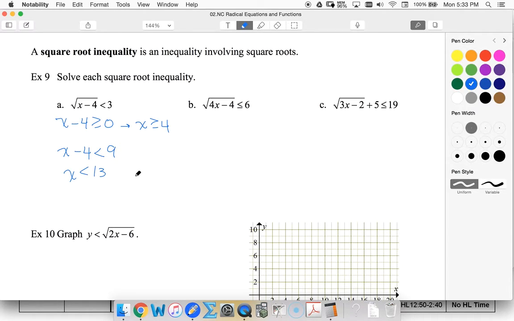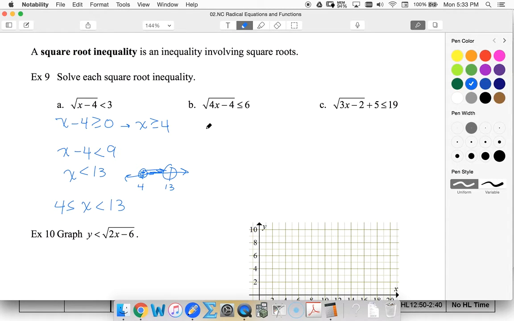Putting these two together, I can think about it on a number line to make things easier for myself. Here's 4, here's 13. Greater than or equal to 4 would shade this way. Less than 13 shades this way. So my solution is 4 less than or equal to x less than 13. I always write the smallest number on the left and use less than signs for inequalities that are between two